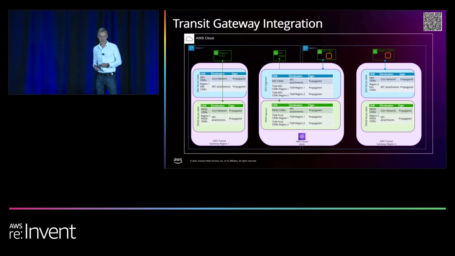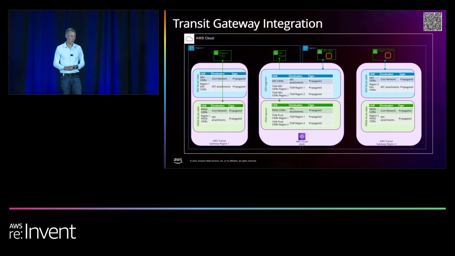So first and foremost is Transit Gateway. Transit Gateway isn't going anywhere. Sometimes folks want to know what's going on with that. We're continuing to develop. It's a first-class citizen. But Cloud WAN is going to be where you're going to see more of these global features come to play because Transit Gateway is going to be a regional construct. That's not changing. It exists within a region, whereas Cloud WAN is a global construct which works across regions.